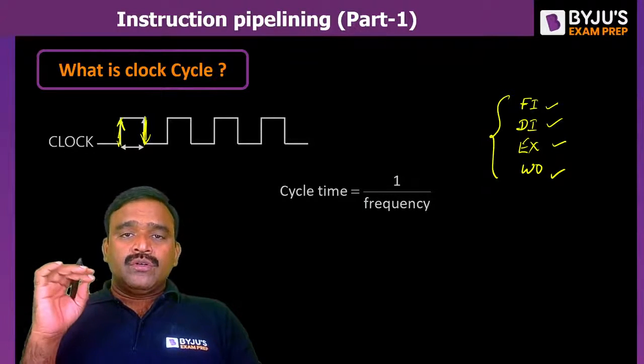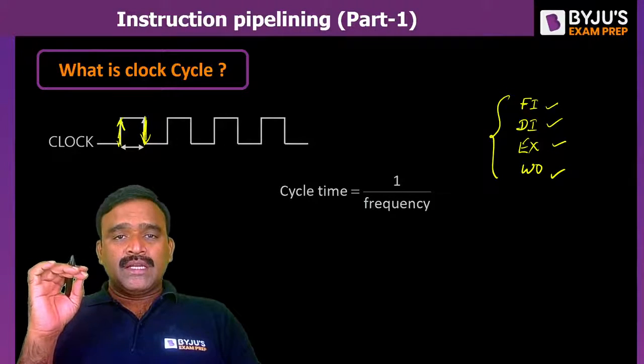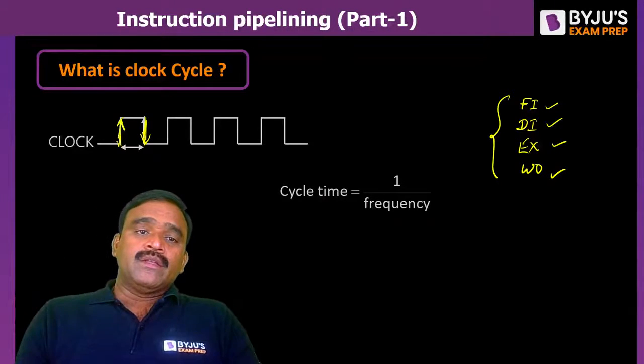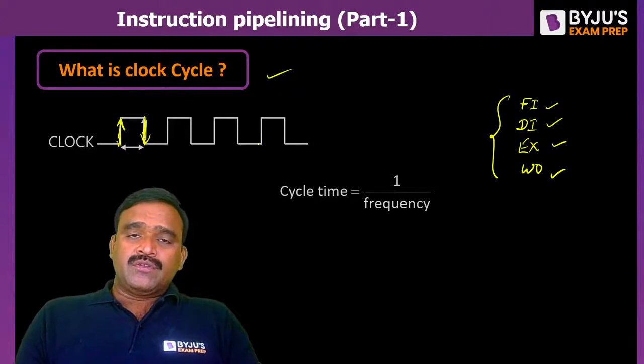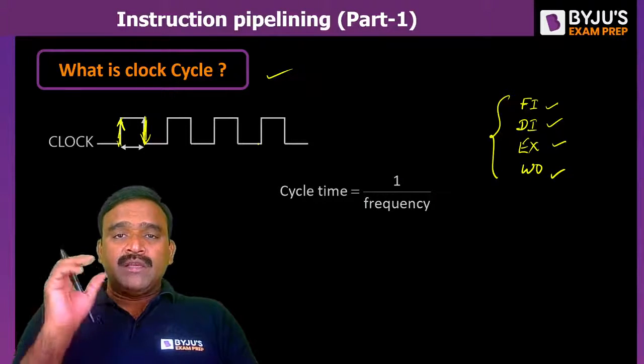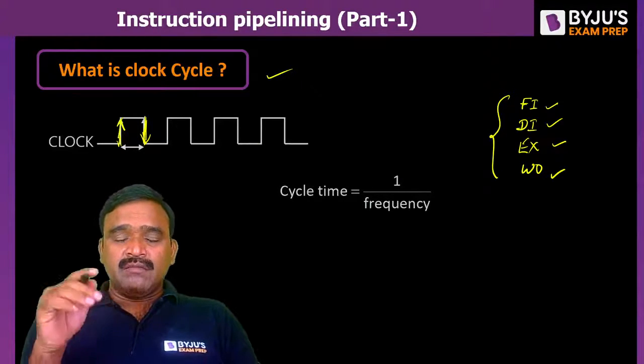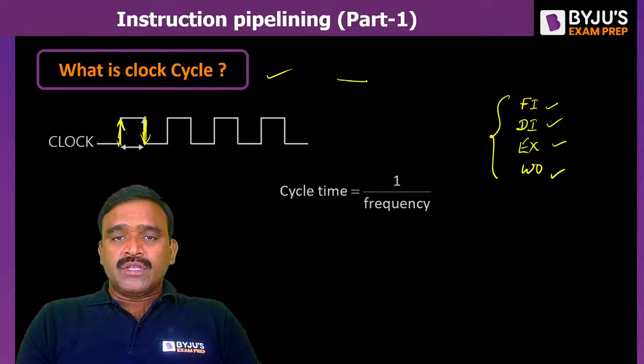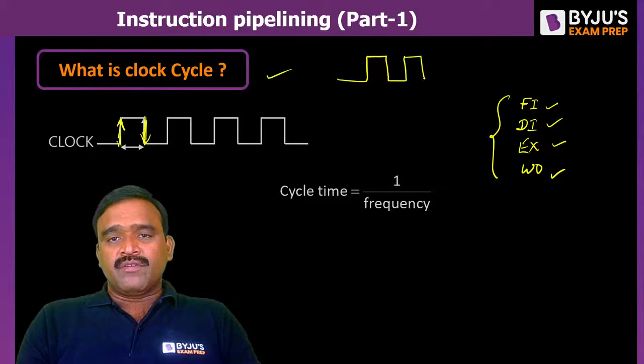So before I begin, you should understand what is a clock cycle. This terminology you have to understand. Clock cycle is nothing but, in a computer system, there is a master clock pulse generator. It will generate the train of clock pulses like this, what I have shown. So there is a rising edge and again a falling edge, again a rising edge and again a falling edge like this. Train of clock pulses are being generated by the master clock pulse generator, and these are used for synchronizing the